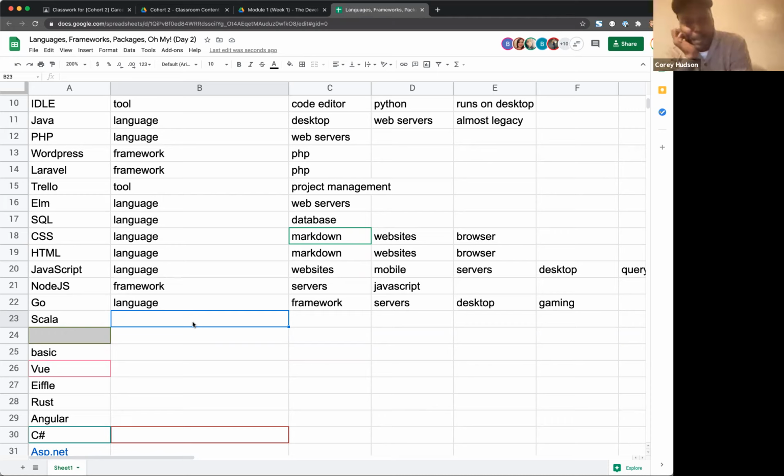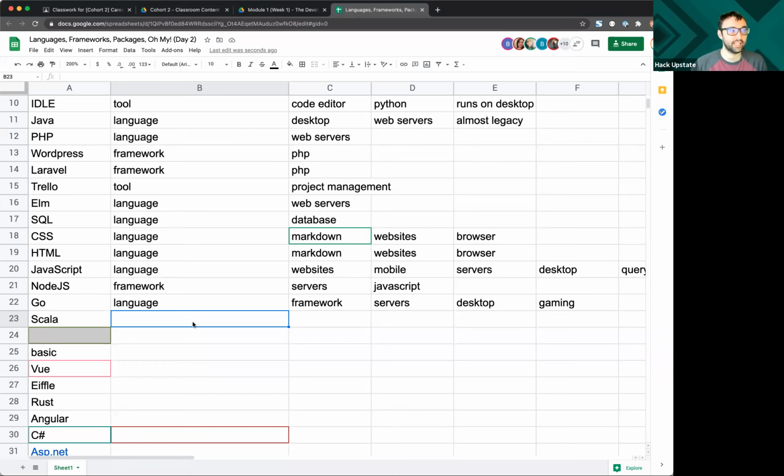Got it. Mm-hmm. Go is a newer language, and it is Google's own internally used and created language. But that does not mean that Google exclusively uses Go.